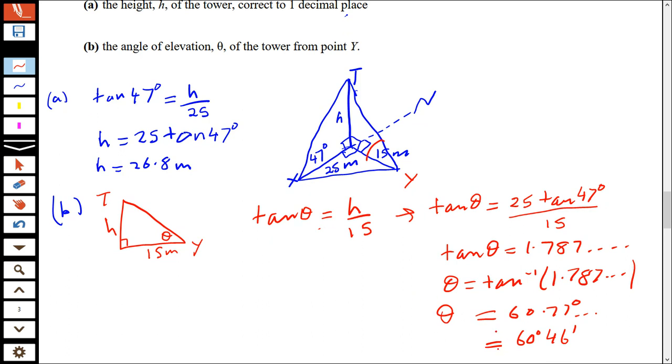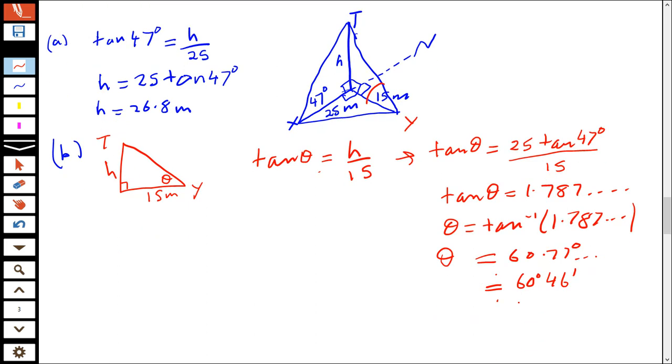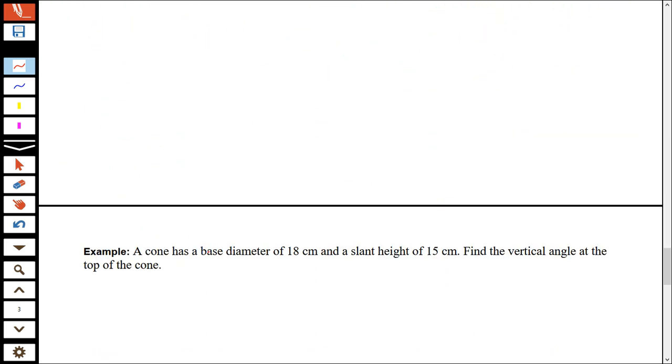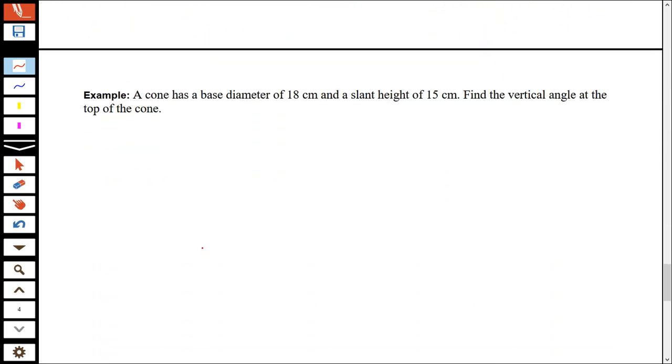All right, last question. We've got a cone, has a base diameter. So let's have a look at the cone here. For the cone, let's just change that. So we've got the cone. So draw the base of the cone. And then,